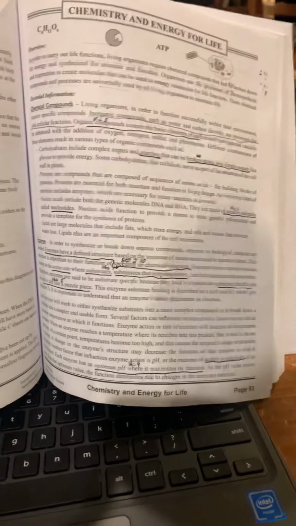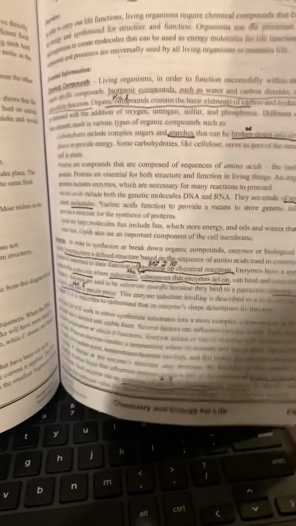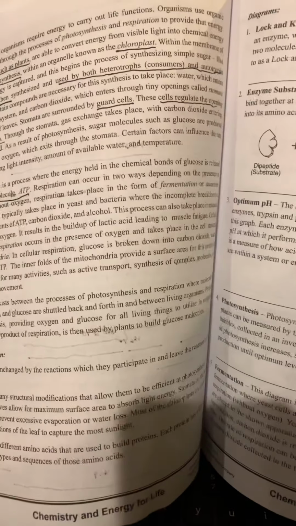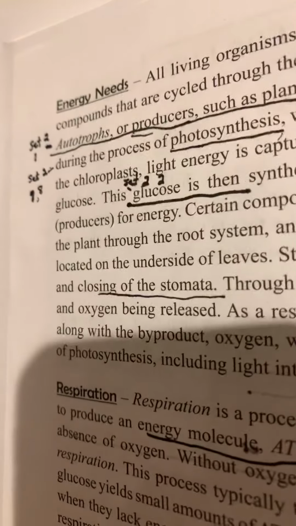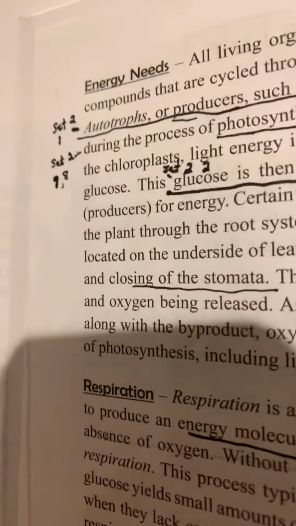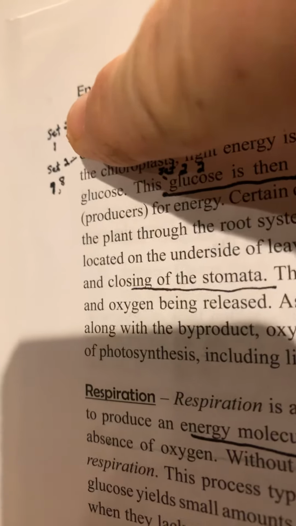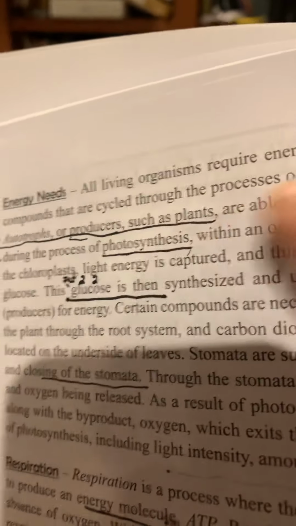I know you think I'm crazy, but the answers for all of these questions are right in the reading. Okay? So if you are stuck, and I understand some of you are, you can see the kind of annotations I made. That's what you call it if you take and make notes on the side, you annotate it. So I annotated some of the questions here, like question set 2, question 1 is listed right there. Autotrophs or producers such as plants, and that actually gives you the answer.